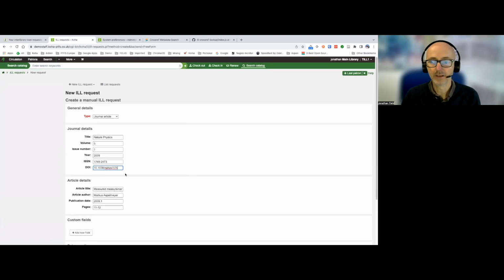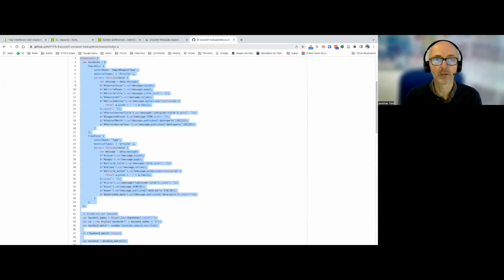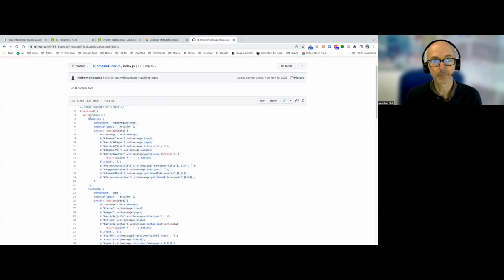So it's a useful little tip. It massively speeds up the input of interlibrary loan requests and also the accuracy of it as well. So it's available from our GitHub repository. So the URL is there. Feel free to use it and speed up your